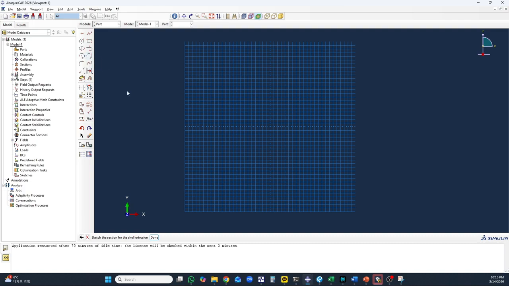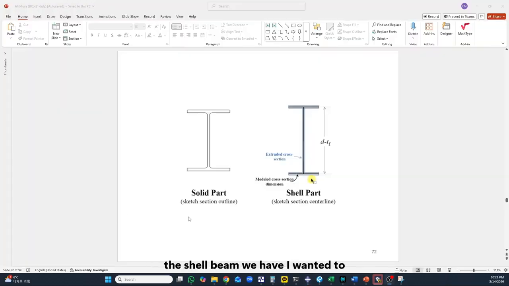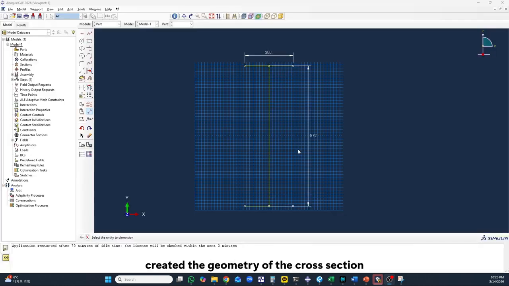Before creating the geometry of the shell beam, I wanted to clarify one thing: in order to make a shell part, we make the geometry in the Part module as the center cross section line of the beam. Here we have created the geometry of the cross section of our shell beam, with a top flange width of 300 millimeter, and the height is now 872 because we have created the center line of our beam. When you press done,